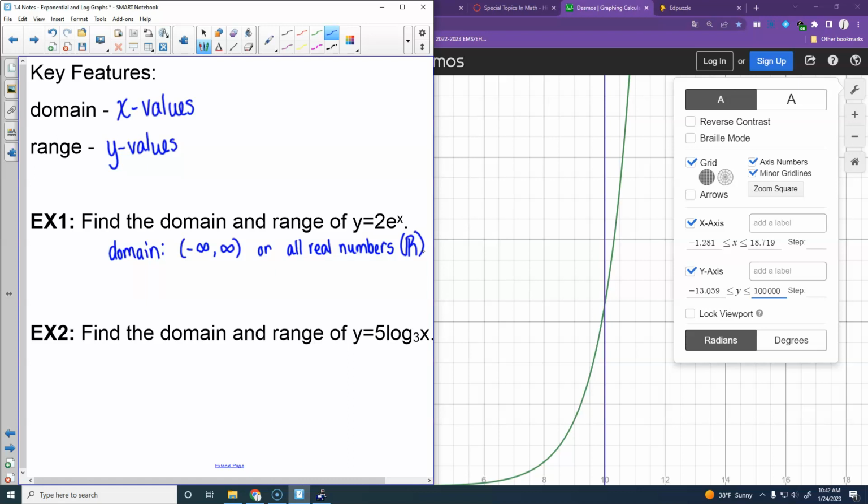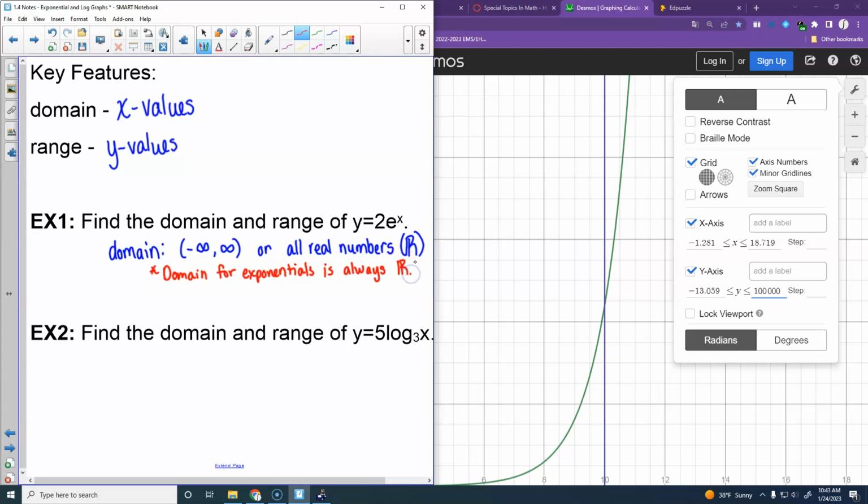So our mathematicians like to write as few words as possible. So they make up symbols for words so they don't have to write them anymore. So domain, interval notation would be negative infinity to infinity. Inequality notation, you would just say all real numbers for that because it's everything. So put yourself a little note here. Domain for exponentials is always